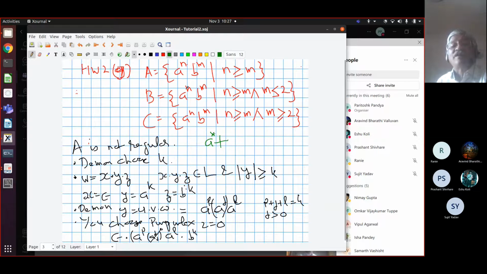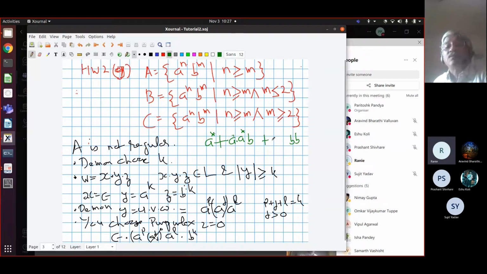The other case is, so I'll write a regular expression, I have got m equal to 1. So I have a language of the form at least one a followed by a star and then a single b, right? Because I've chosen m to be 1. And the third case is I have got 2 b's at the end. So I'm allowed to have 0 b, 1 b or 2 b at the end because m is at most 2. And so how many a's am I allowed? In the first case I can have an arbitrary number of a's. Here I should have at least one a. Here what should I have, Rani? How many a's at least?